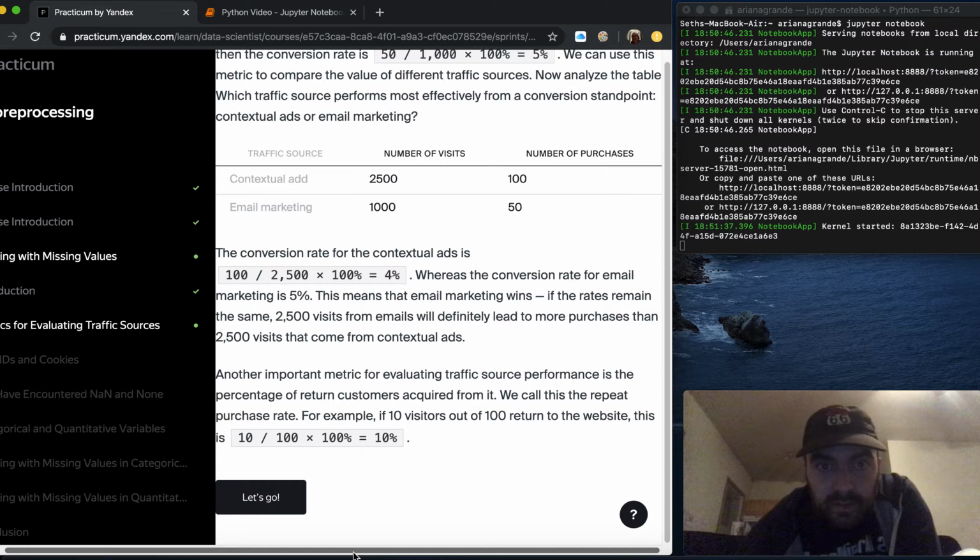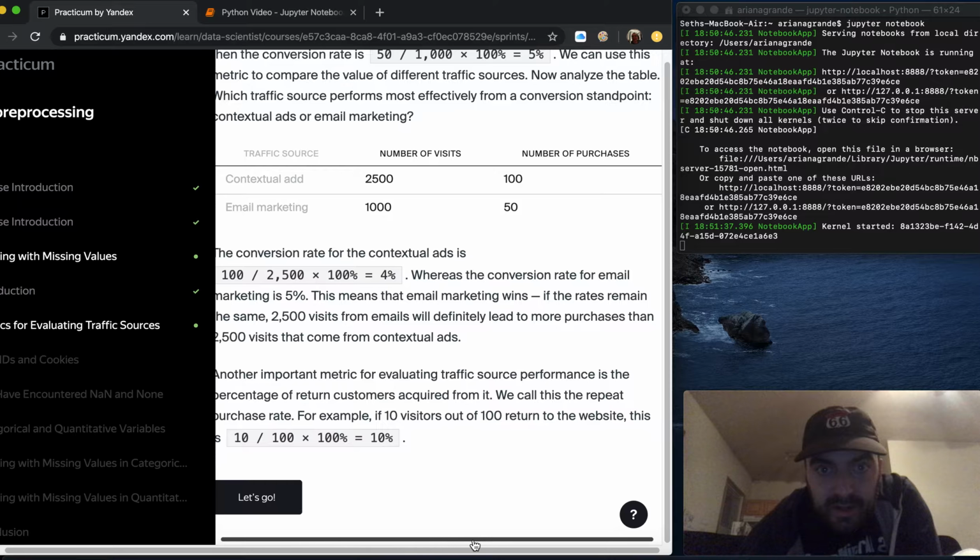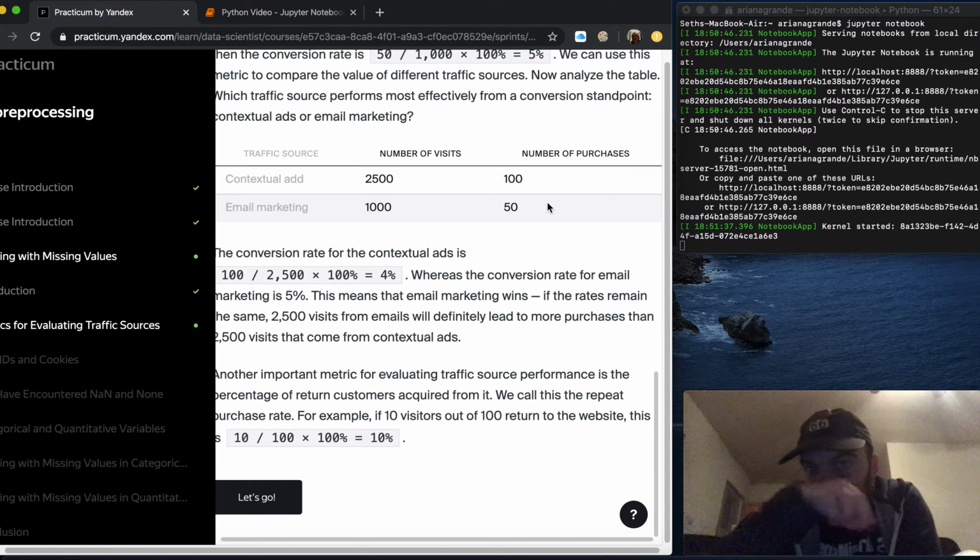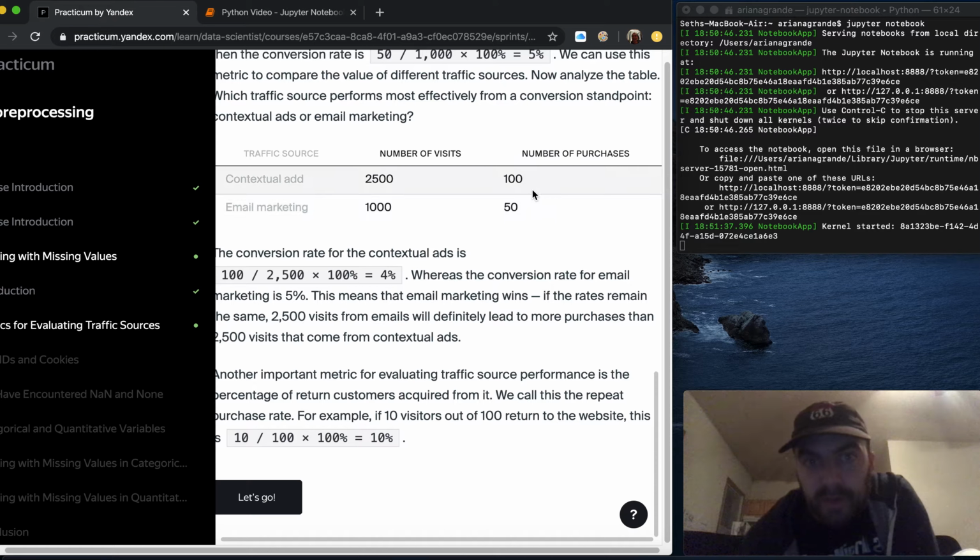Okay, so if the number of visits is 2,500 and you have 100, you basically would do 100 divided by 2,500, and that should be one for every 25. And with 50 over 100, you get one for every 20. So the second one's better. So the conversion rate for this contextual ad is 4%, whereas the ratio for email marketing is 5%. Means that email marketing wins. If the rates remain the same,